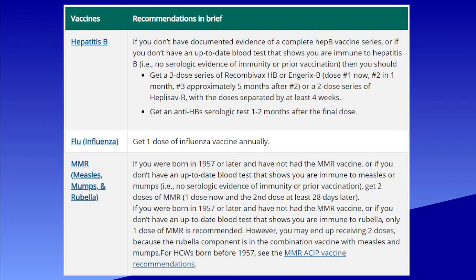The first vaccine healthcare staff must be vaccinated with is hepatitis B. As we all know, this is a blood-borne pathogen and can be transmitted through direct contact with blood. If our mucous membrane or body part is exposed to blood, then that infection might be transmitted to another person. So the hepatitis B vaccine is available in the market, and every staff member who is directly taking care of patients should be vaccinated with hepatitis B.